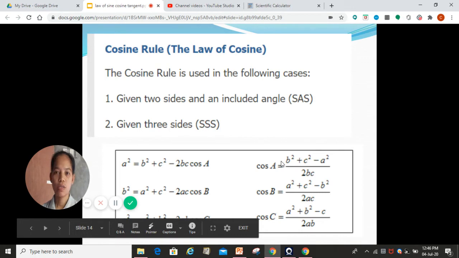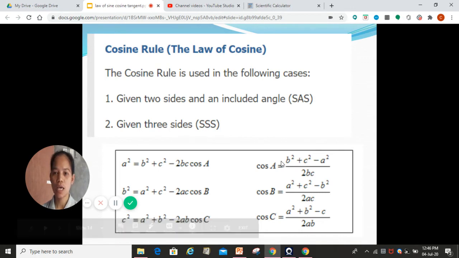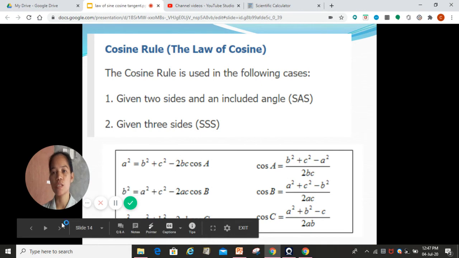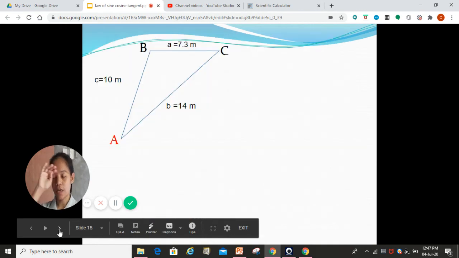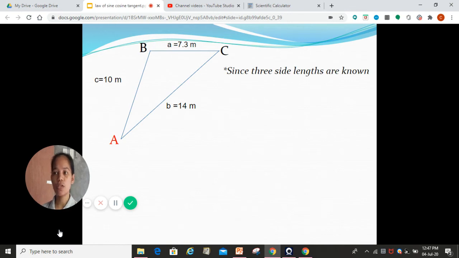let's say we name that angle as cosine A, or angle A, the angle that we are to look into. This B squared and C squared are the two sides that are given. And then you have minus A squared. This A squared is the opposite side of the angle that we are to look into, divided by 2 times BC, the other two sides. So let's apply that with our example. Since three side lengths are known, we are to use the cosine rule